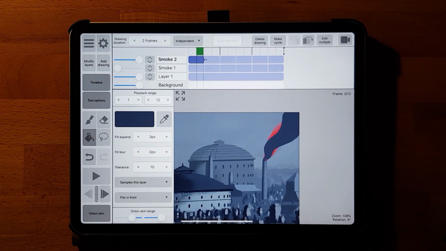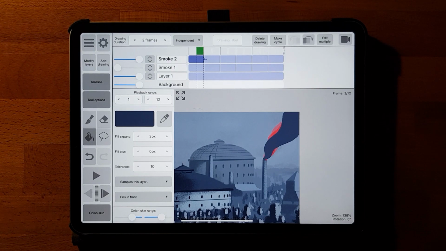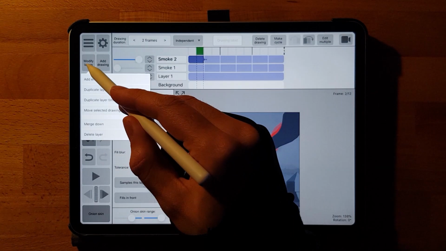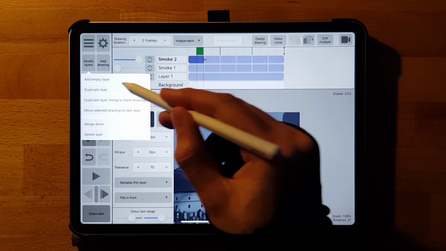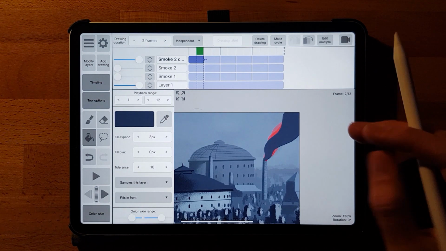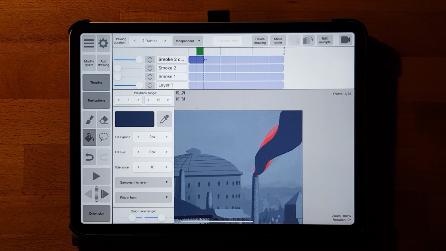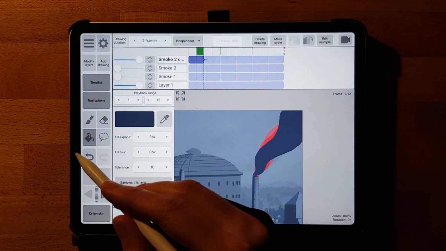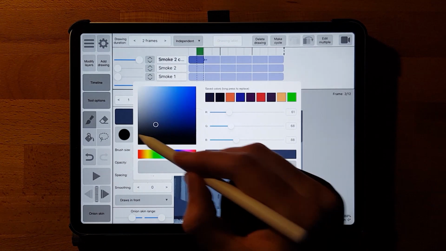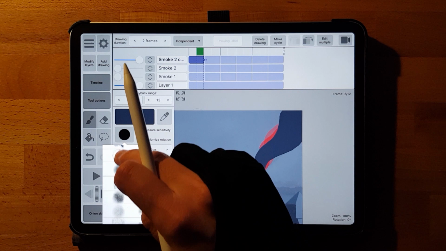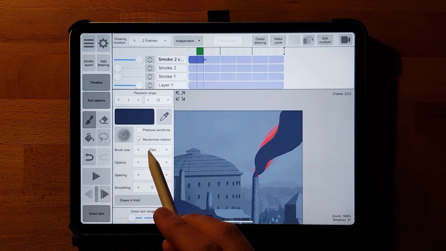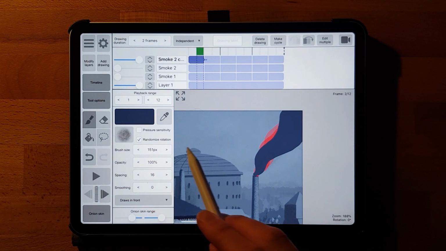So we will be applying some additional color on top of this layer. But because we don't want to work destructive, let's duplicate the Smoke 2 layer and work on this duplicated layer. Let's turn the opacity of our original Smoke 2 layer down for now. Now we will go back to the dust brush from before. Maybe you were so smart to save it, and then you can just load it back up, or just set it again to these values: 160 pixels, 100% opacity, 100 spacing, no smoothing, and randomized rotation, don't